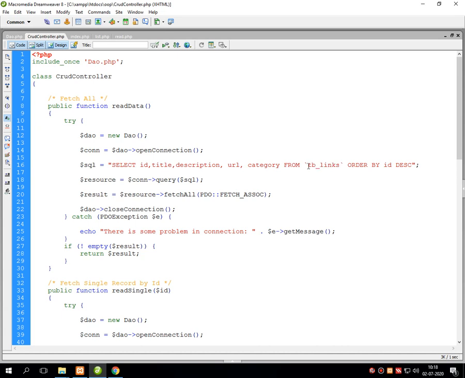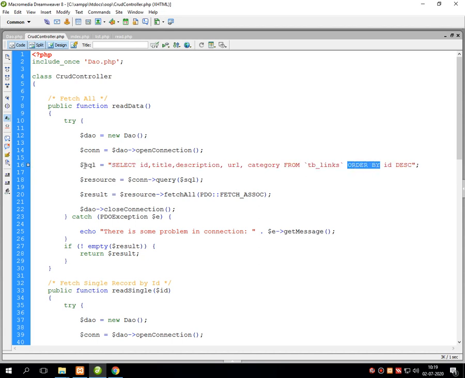So this tb_link is a database table which displays all the information, that is ID, title, description and URL in descending order, because in my query I have used a function called order by.